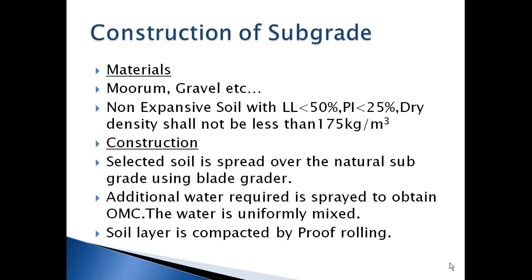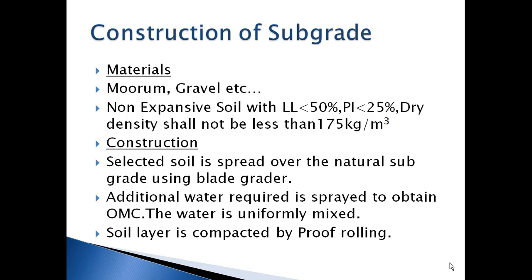The materials used for the construction of subgrade are selected soils such as muram, gravel, etc. These soils should have certain properties, like the soil should be non-expansive, it should have a liquid limit less than 50%, the plasticity index should also be less than 25%, and the dry density should not be less than 175